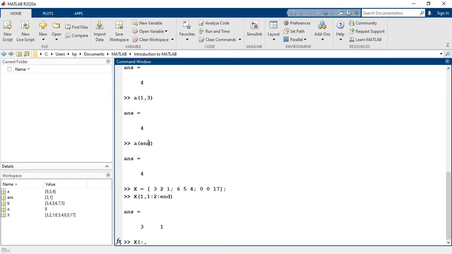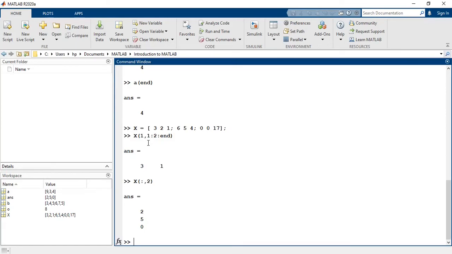All the rows and second column of matrix X, and the next is row 1 to row end, and only include second and third column.